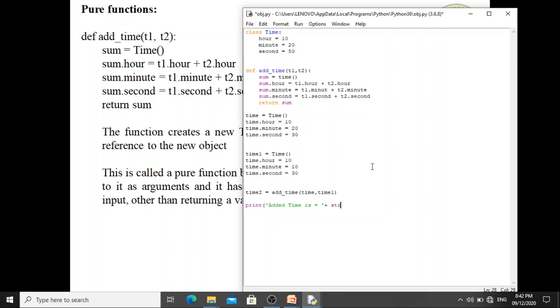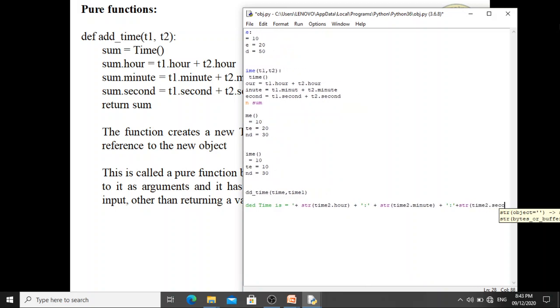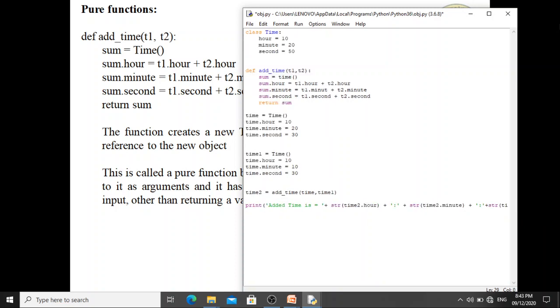Now str of time2.hour plus colon plus str of time2.minute plus str of time2.second. Okay, just trying to print this.